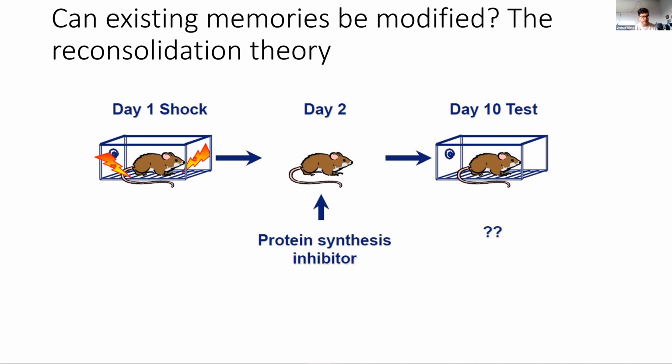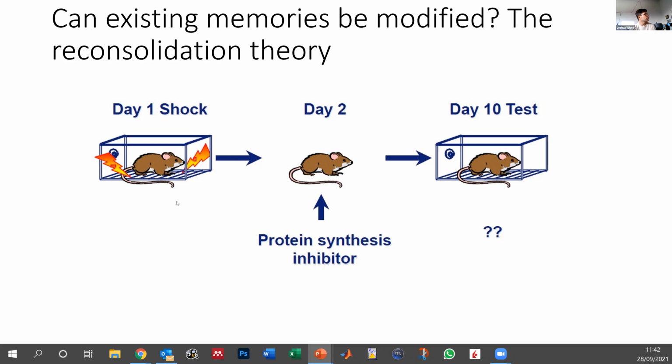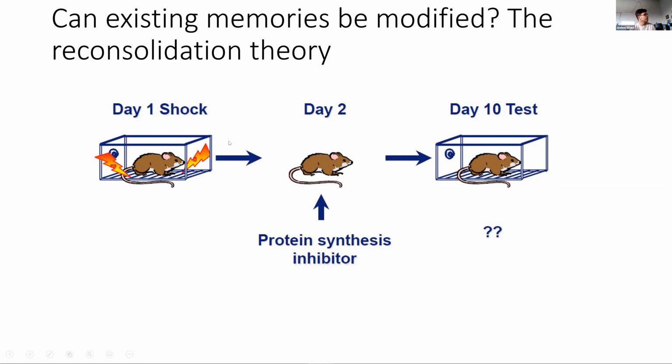Part of the reason for that is that whenever you get into a memory, you're activating the neural circuits again, which means they're now somewhat fragile, because you've opened it back up to an extent. So if you, for instance, give a foot shock on day 1, and then give them a protein synthesis inhibitor on day 2, the question is, what will happen on day 10? Does anyone have an idea? If you test them later, if you give the protein synthesis inhibitor on day 2, well after the day 1 foot shock,